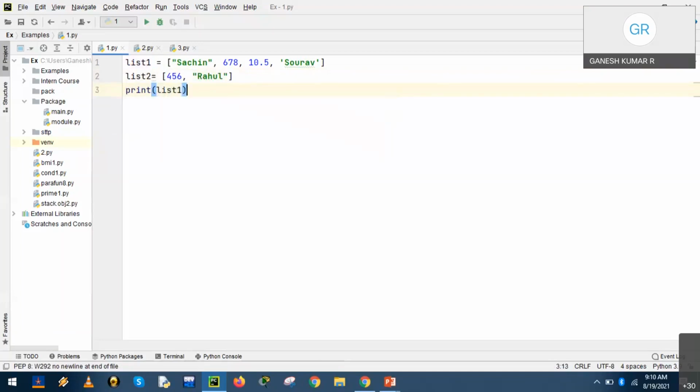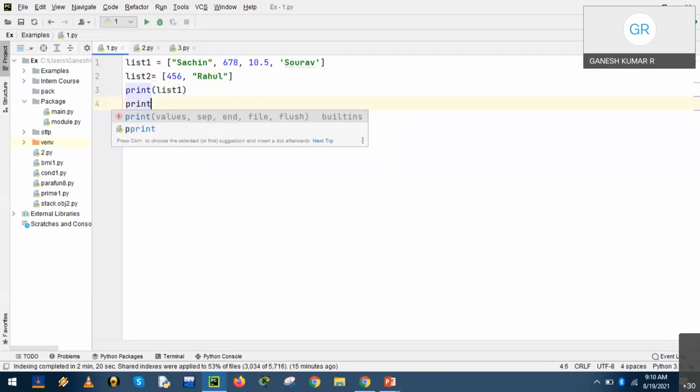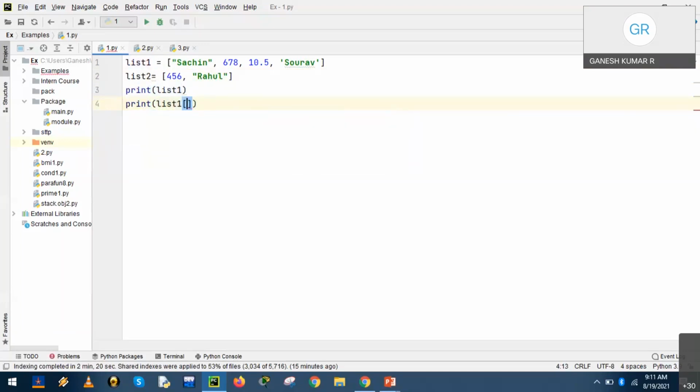Okay, that was the first statement. Next statement, print list1 of 0. Run the program. Before running the program, we must ensure: are there any red underlines?